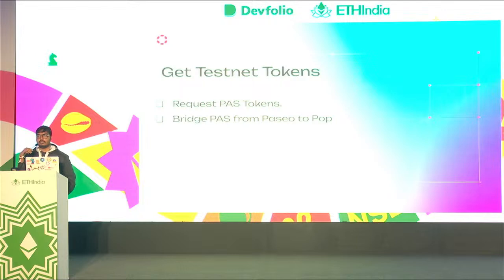So the first thing: you have a wallet now, but what do you do then? In the case of Paseo, Paseo is a relay chain testnet of Polkadot. So you need to get these Paseo tokens. And since we are going to work on Ink smart contracts,